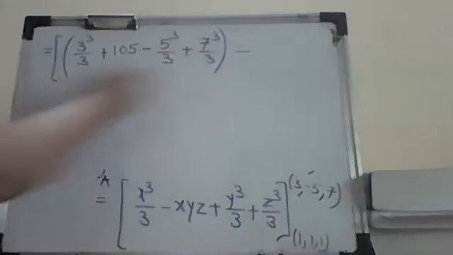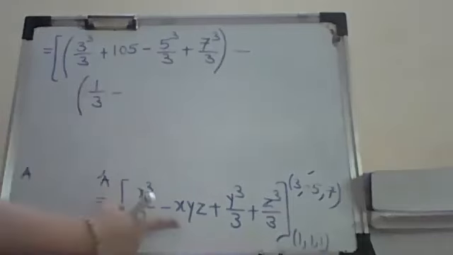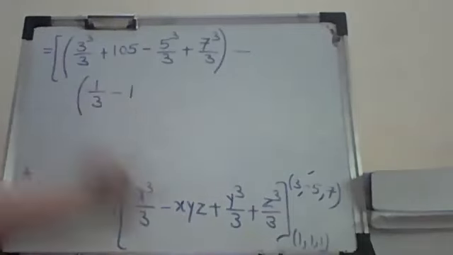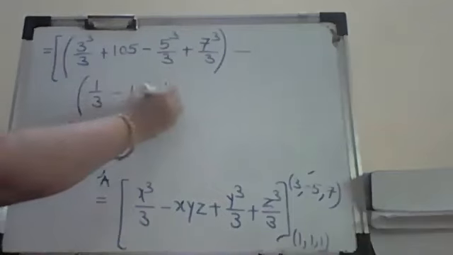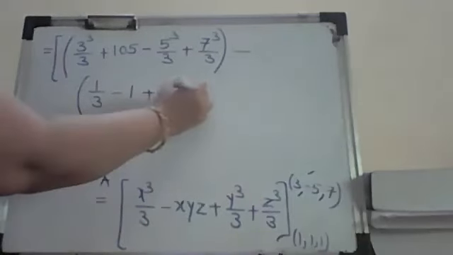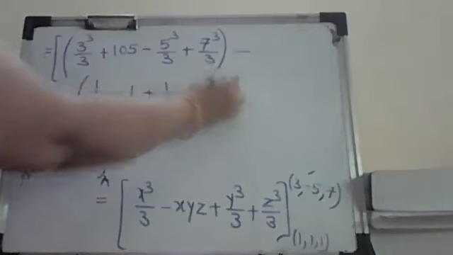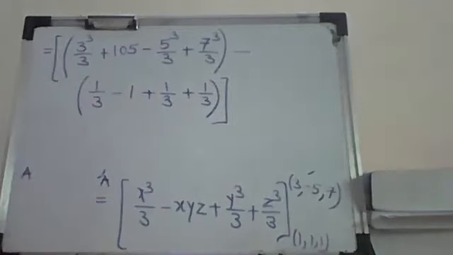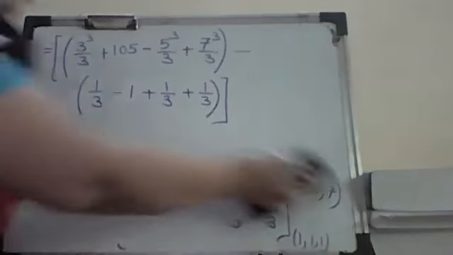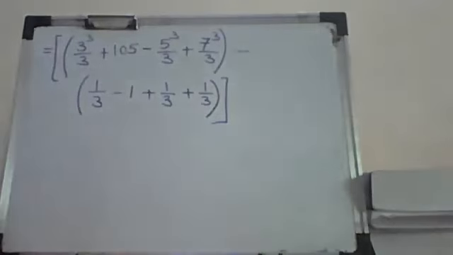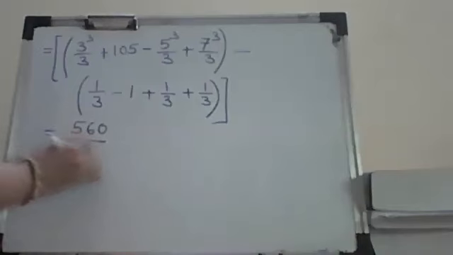So minus, I just substitute the lower limit, that is 1 by 3. Then we have plus 1 by 3, and this is also plus 1 by 3. Correct? You can solve this further; you know how to solve it. So the answer is given, you can tally that answer. It is given in terms of fractions only. The answer is 560 divided by 3. So please check this answer.